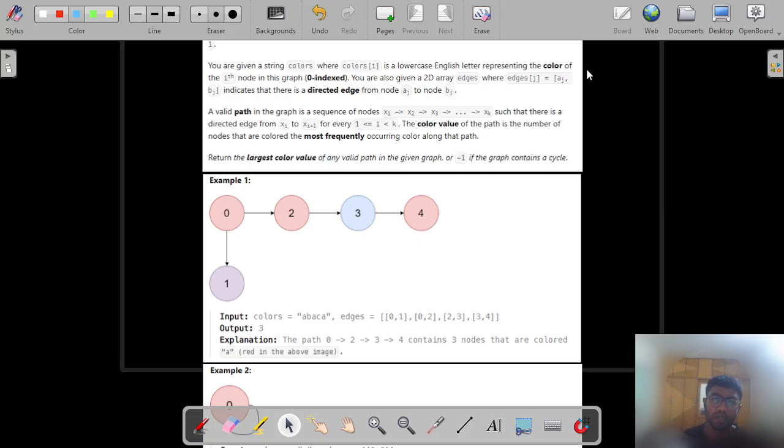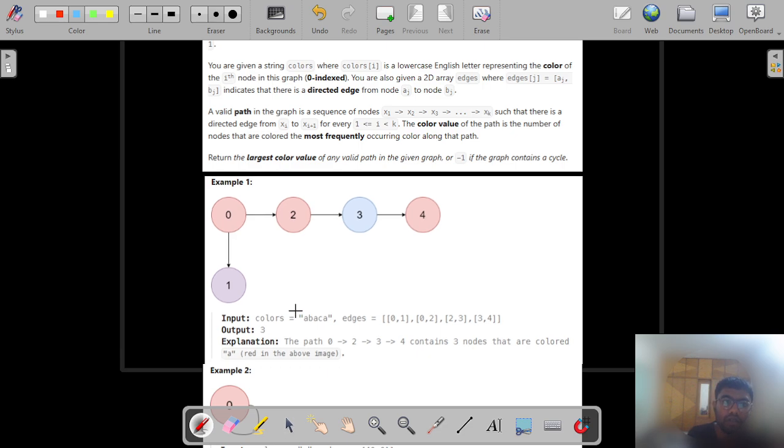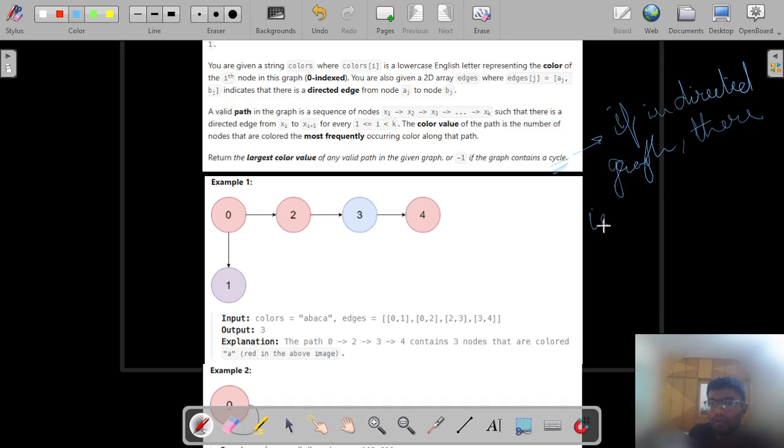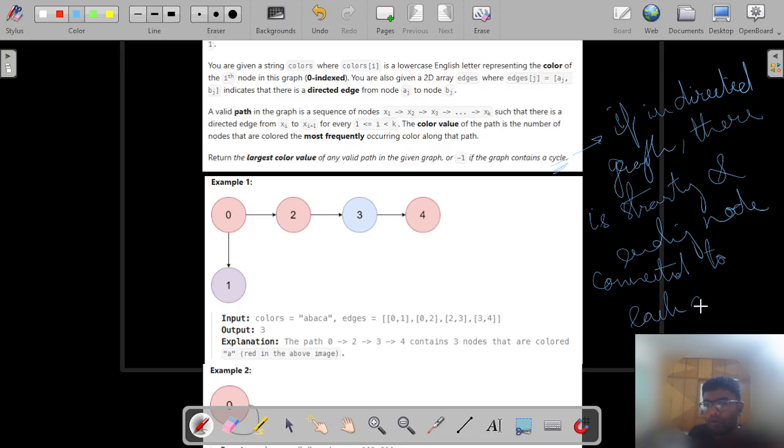So if in a directed graph the starting node and the ending node are connected to each other, then it's a cyclic graph. Okay, so